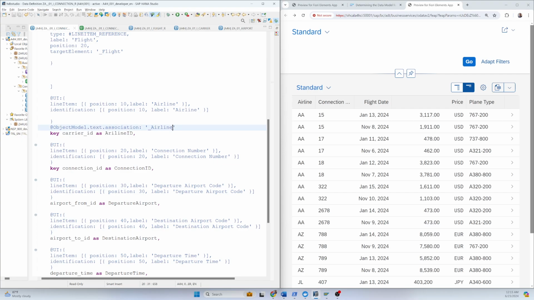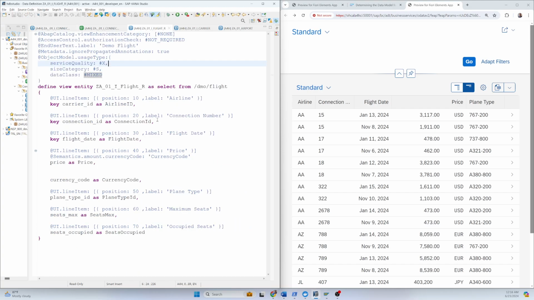basically that is the airlines. Where is that airline ID? So basically that is the airline ID. So in that object model text association, that is the airline, that's defined, and that is also connected with the flight. So if I open that flight and that airline ID, so here